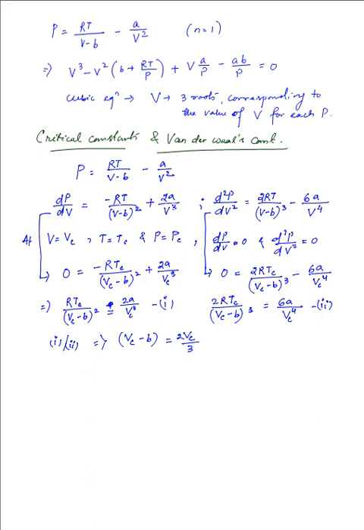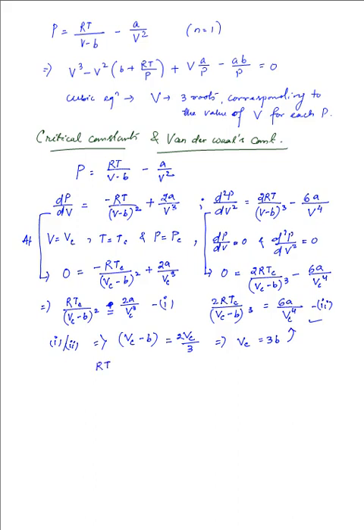Now with this thing available to us, we get the value of Vc to be equal to 3b, or b is equal to Vc over 3. Now if we substitute this value of Vc in the previous equation that we have taken over here, what we get is